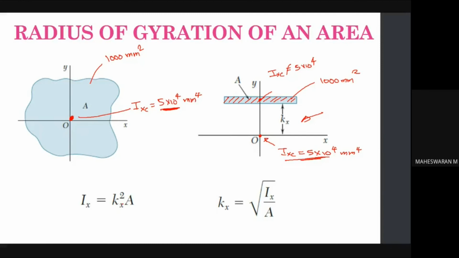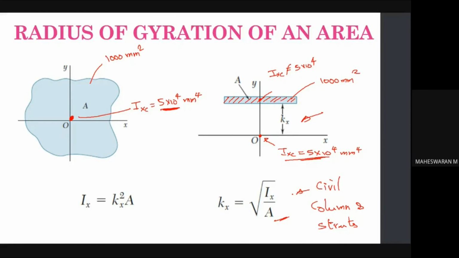To avoid bending, you should have a minimum radius of gyration, right? For that purpose, we use this, right? Mainly used in civil columns and struts, right? In that case, we use this radius of gyration, right? So to identify the minimum radius of gyration, whenever you have a minimum radius of gyration, it means the bending or buckling will be lesser, right? Bending and buckling will be lesser.